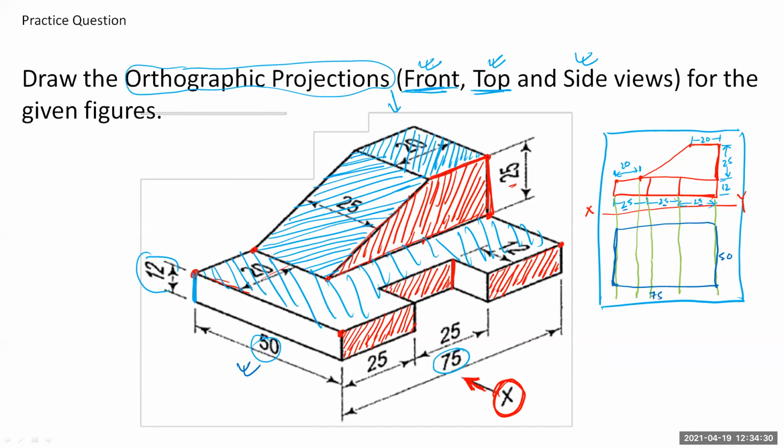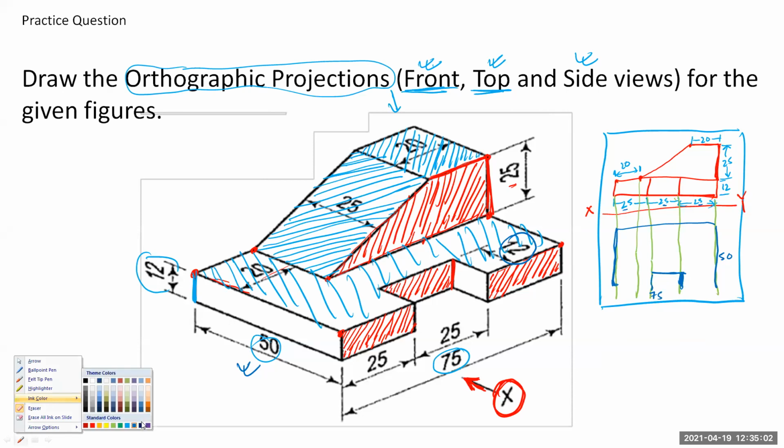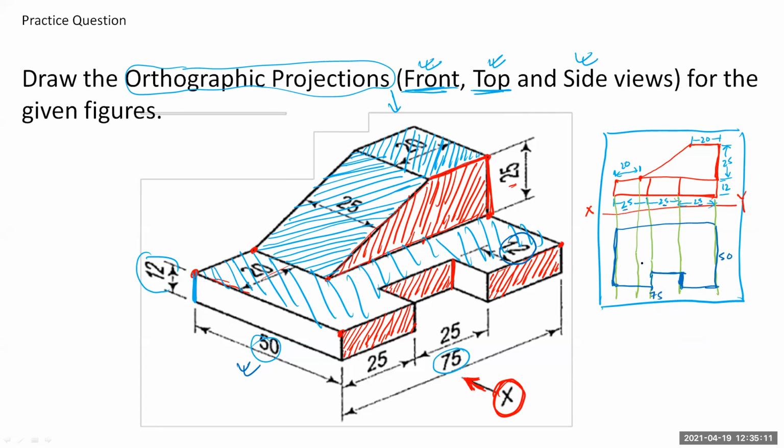Now this cut portion is there. This cut portion we have to represent. So you can draw, this depth is 12. So you can make a cut mark. This is 12. Again like this will be 25. And again, this will be 12. Now this line you can delete. This line from here to here you can delete. So let me try to erase the entire line, just deleted. So you can join it like this. Okay. So half the part is done.